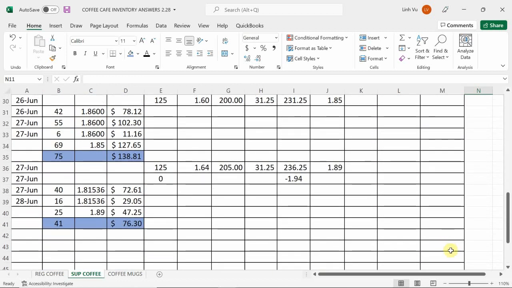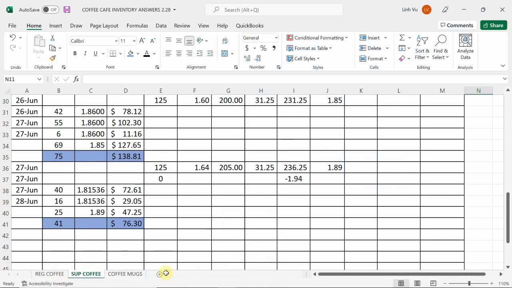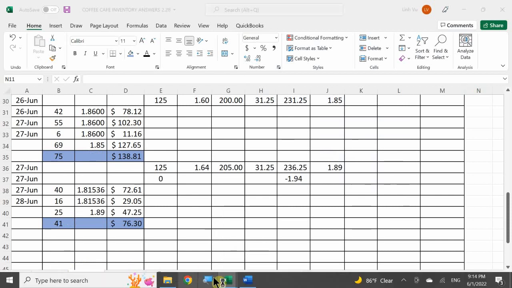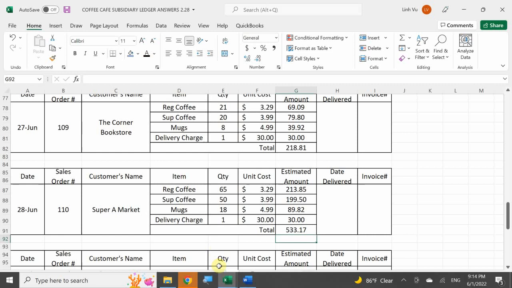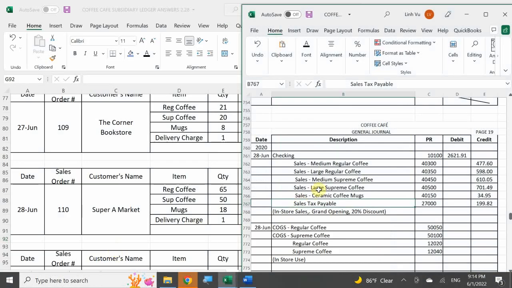You have a grand total of $76.30 total cost for using 41 pounds of coffee. 41 pounds of Supreme coffee. Okay? $76.30. So I'm going to go to my journal, and $76.30 is for my Supreme coffee, and for my regular coffee,